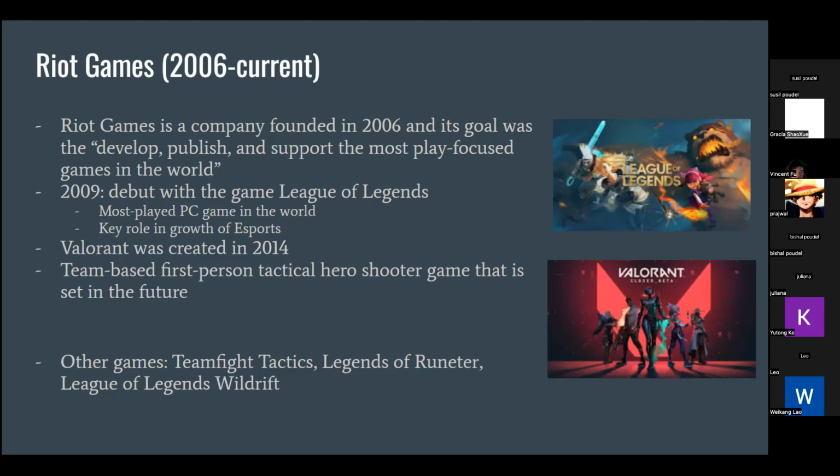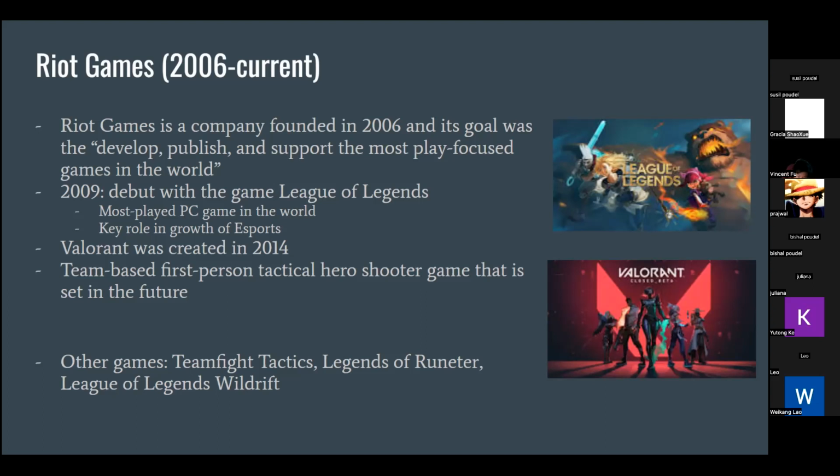Their mission was to develop, publish, and support the most player-focused games in the world. They made their debut in 2009 with the game League of Legends, and it soon became the most played PC game in the world. And it played a key role in the growth of interest in esports.